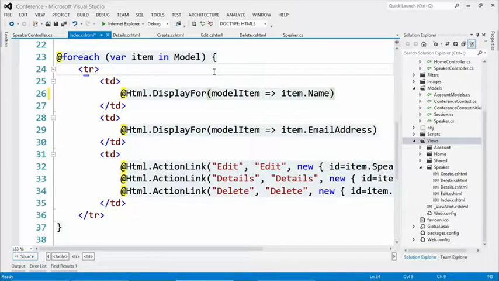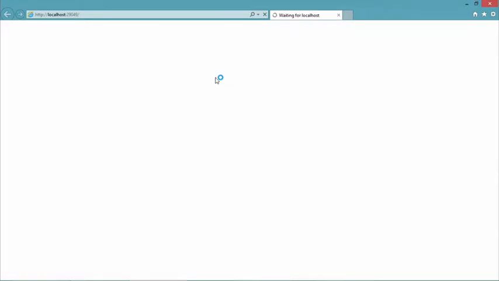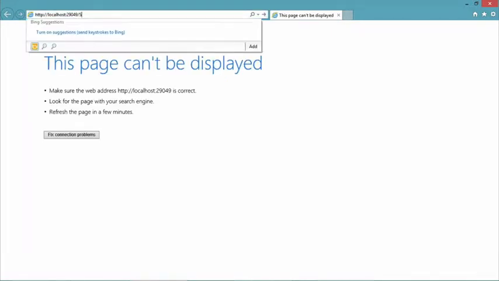What could go wrong? Well, there's only one way to find out what could go wrong. So this is going to spin up. Now, in order to view that speaker controller, see if you can think ahead what I need to do. I need to go to the speakers page, right? Speaker